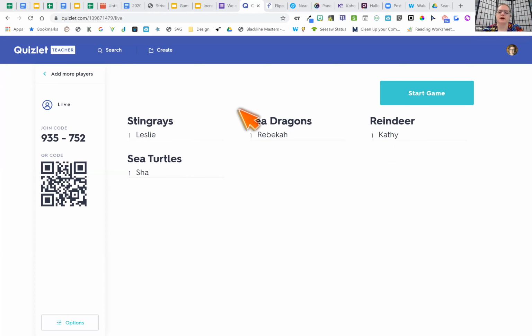And it's always the name of an animal for the team name, which I think is pretty neat. Kathy's a reindeer. Look at that. They're all S names except reindeer. So once you click Start Game, if someone joined late, it'll tell you, hey, there's someone waiting to join in, and it'll have you refresh those names again. So I'm going to go ahead and click Start Game.